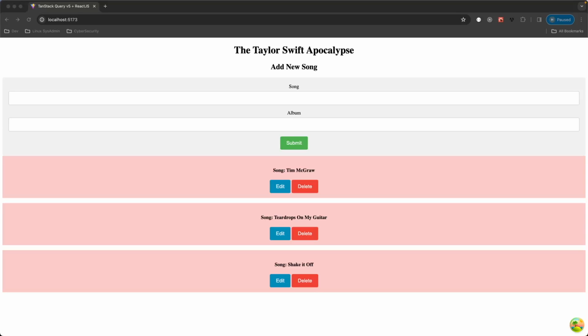I'm going to show you how to build a React application with create, update, delete, and fetching of data from the server side. We will be using the TanStack Query version 5. Version 5 is the latest version at the time of this recording. We will also be using